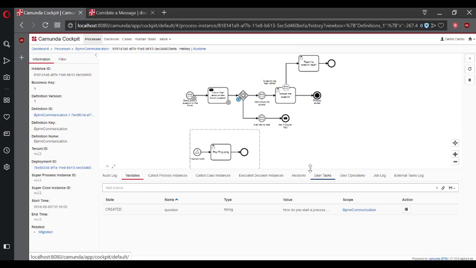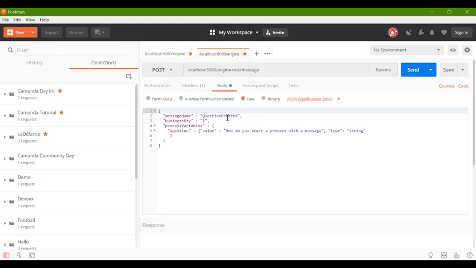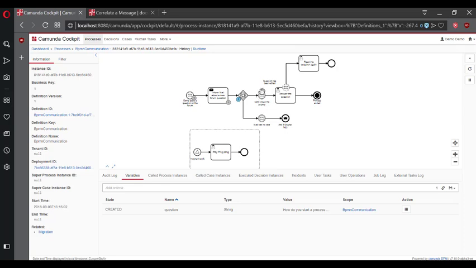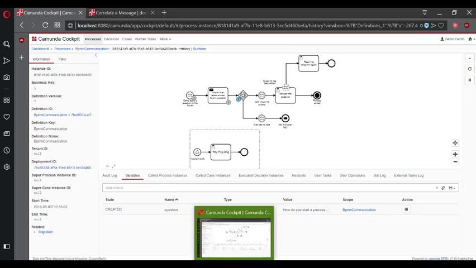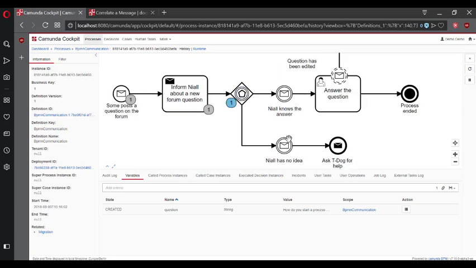So luckily enough, I have some insider knowledge on this, and I'm fairly confident Nile has a good idea about this answer. So I'm going to go back to Postman. I'm going to just duplicate this. I'm going to send in another message, but this one, of course, is going to be different. This one is going to be a message that's going to correlate with what we currently have. And if I take a look, we want to trigger this message. Right now, the process is actually waiting for either message to come in. Whichever one comes in first, the process will go in that direction. So we want to send in this one here.